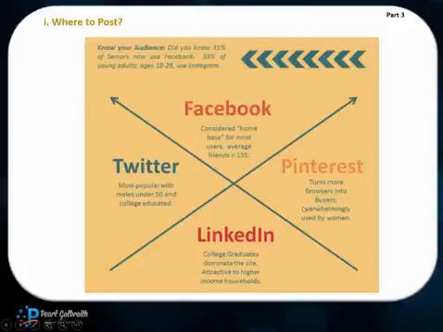Pinterest. Pinterest is proven to turn more browsers into buyers, overwhelmingly used by women. So now those of you that have products that are hugely focused on a female audience base, particularly, and if you have a visual-based product, you might get more results out of Pinterest than you would of any other site.